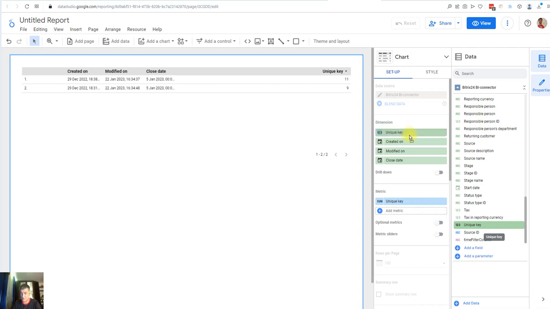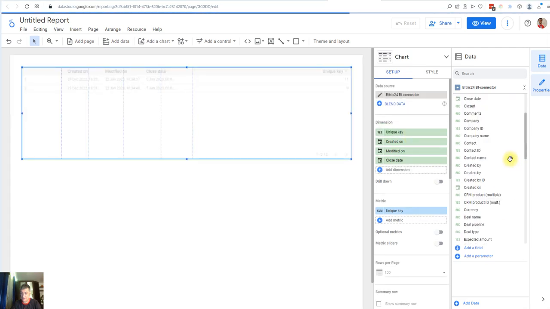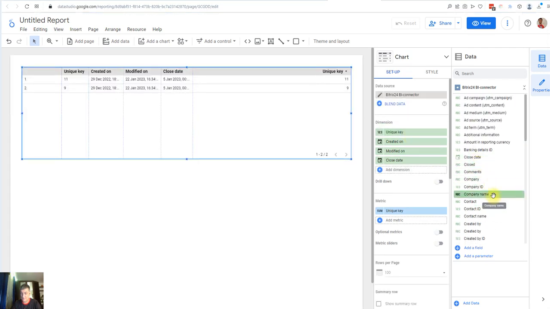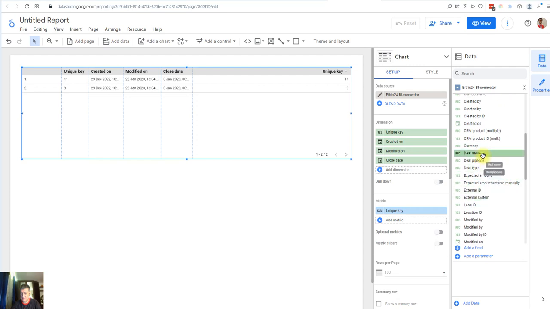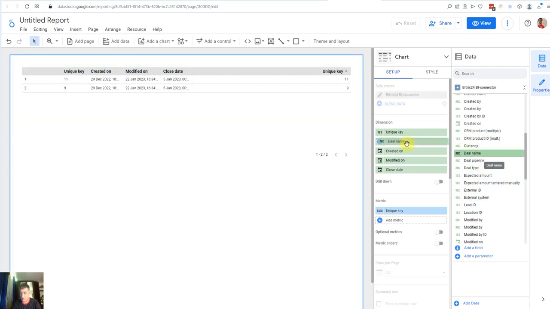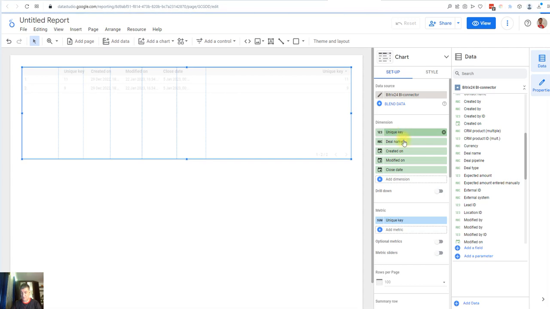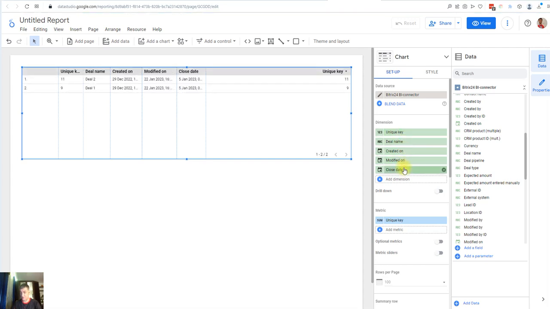It's very important to add unique key, and let's add deal name here. So unique key, deal name, created on, modified on, close date. So you can see